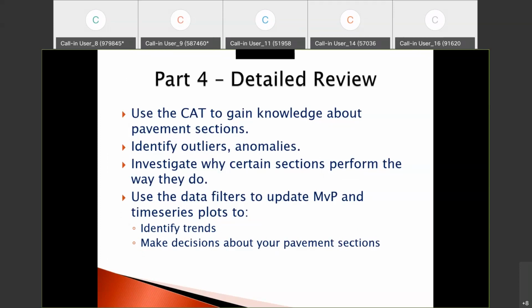We need to use all of the features within the software to gain knowledge about your pavement sections and investigate why certain sections perform the way they do. Use the data filters to update measured versus predicted plots, time series plots to identify trends and make decisions about those pavement sections. So I have quite a few examples here